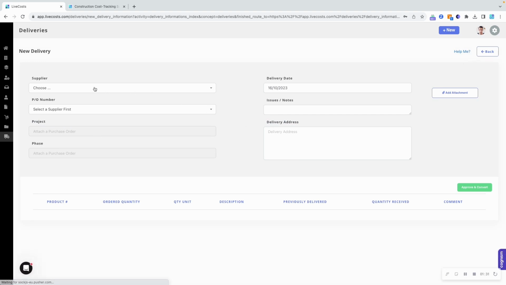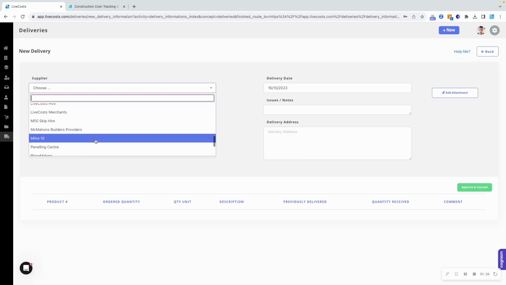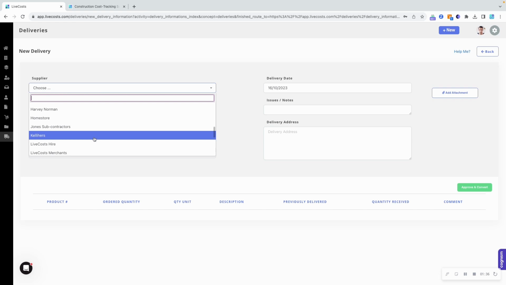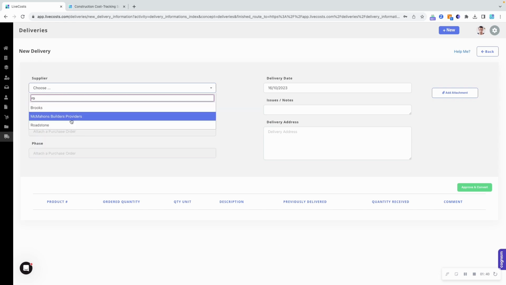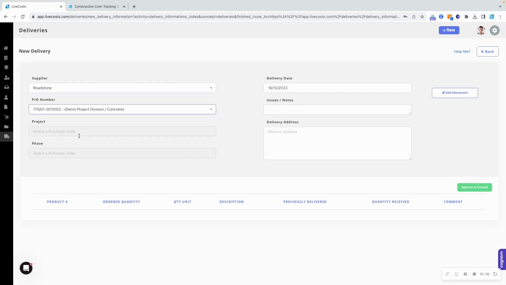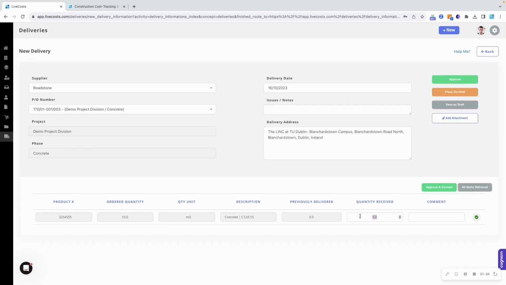So for example, if I'm on site, I can open up my app on the phone, and I can start to search for the supplier that's sent the delivery. Just do a quick search here and I'll see the supplier. I can then see the order that it relates to, and I can specify here what I have received today. So if I've received 2 cubes, I can then attach the information against that,